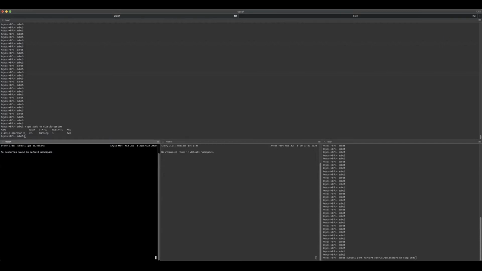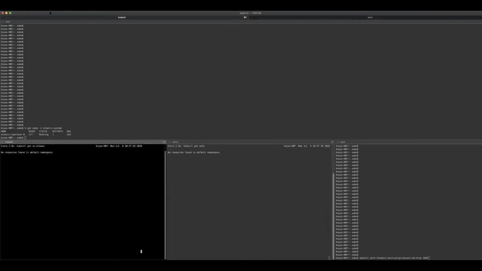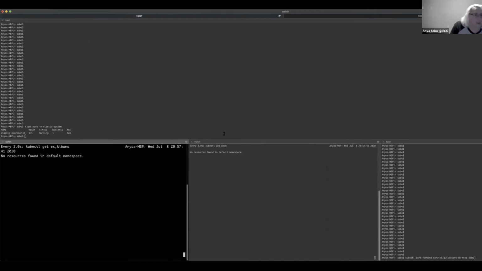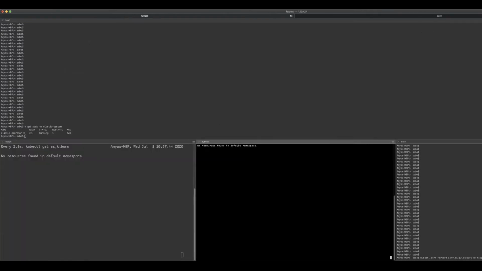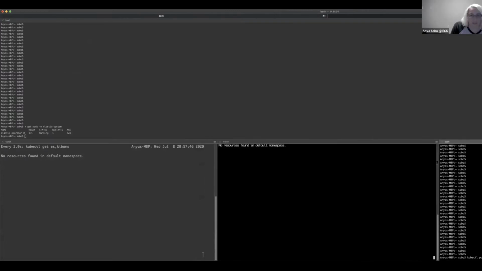I'm sorry. Is it possible for you to increase your screen size just a little bit, without losing your stuff on your screen? Let me see. Okay, I can do it per tab. Okay, cool. Thank you. That was a good point.